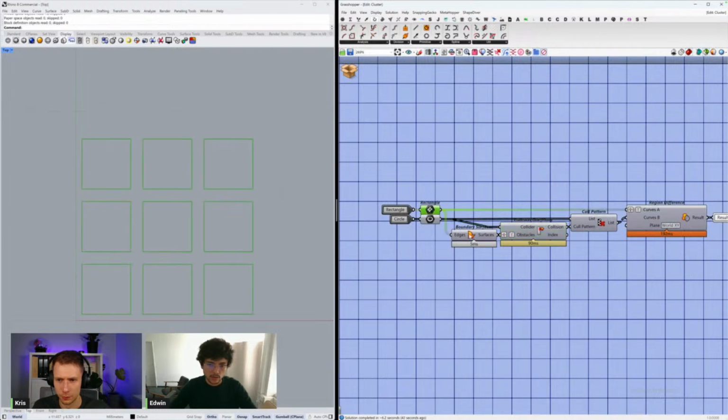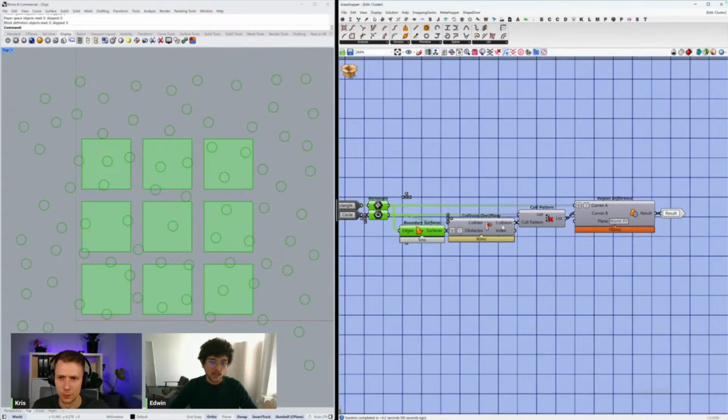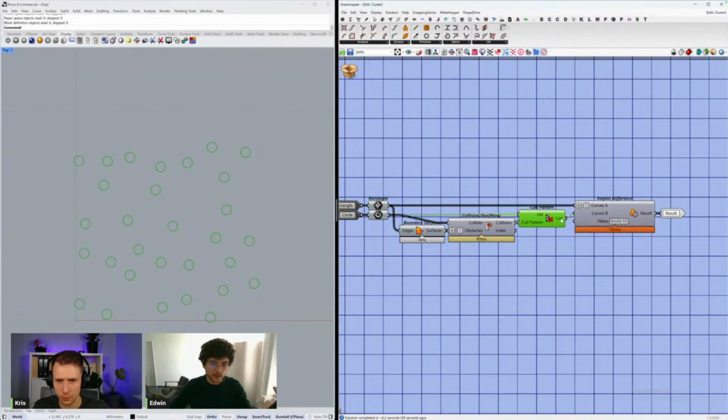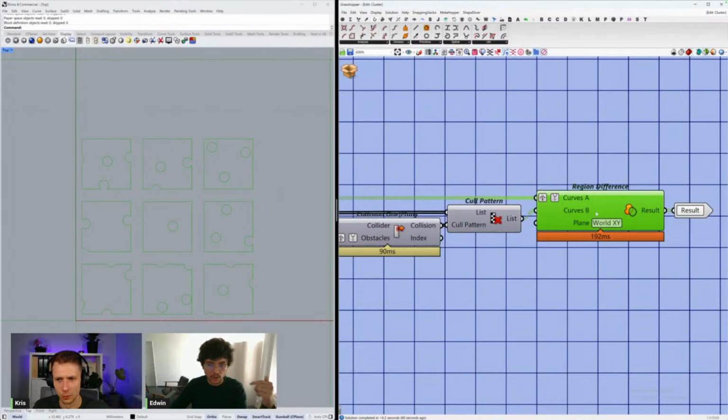So I take my rectangles, I convert them into boundary surfaces, and then I do a collision detection between these circles and these rectangles. What this allows me to do is, if you collide, then you belong to this rectangle. In that way, I'm grouping in branches what is relevant. So I'm not colliding everything with everything, but I'm grouping everything into branches so that when the component is computing, it is just considering what is relevant.